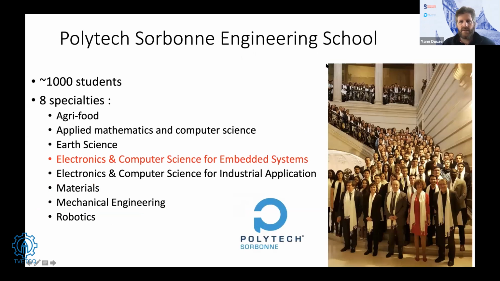Okay, so now I make a little presentation of Polytech Sorbonne Engineering School. We have around 1,000 students. It's a 3-year study, from year 2, license 3, sorry, to master 2. But we also have an integrated preparation here, where we give the diploma of 2 years ago of all the, how do you say it,